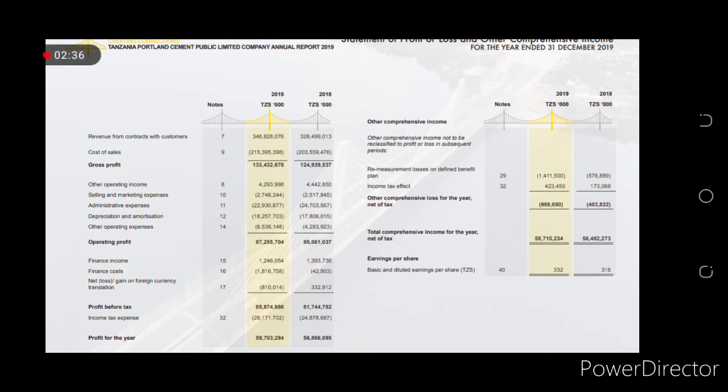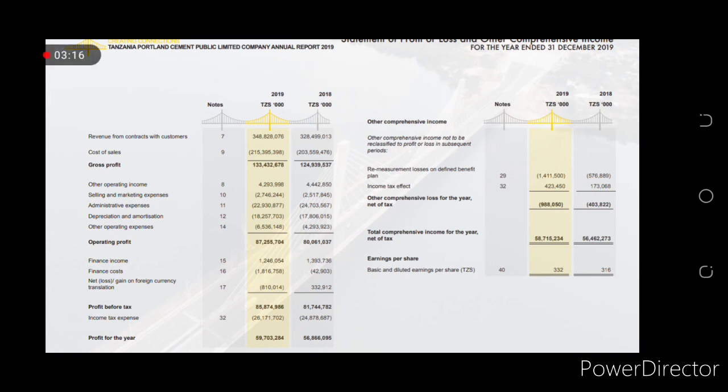As you can see, for each and every one of these incomes or expenses, there's a note right after they have been written. For instance, other operating income, note number 8: you could simply refer to the notes to financial statements. They're written in numbers. Then you go down to number 8, which is other operating income, and read out what that was specifically about. These notes are written right after the business has finished presenting all of its financial statements. So the notes follow right after the financial statements.